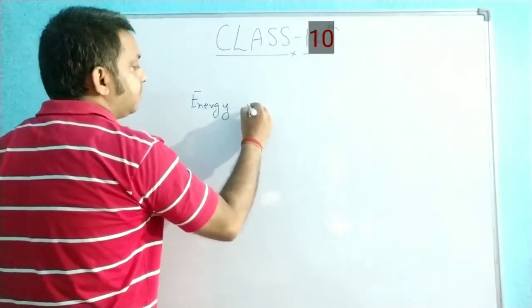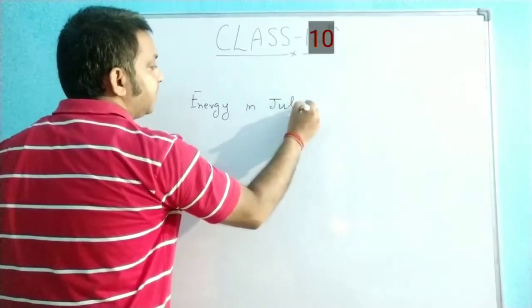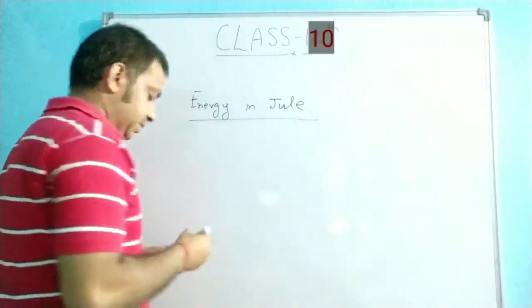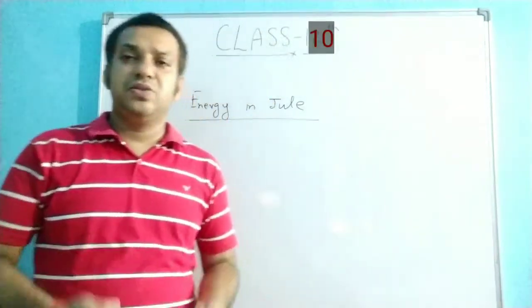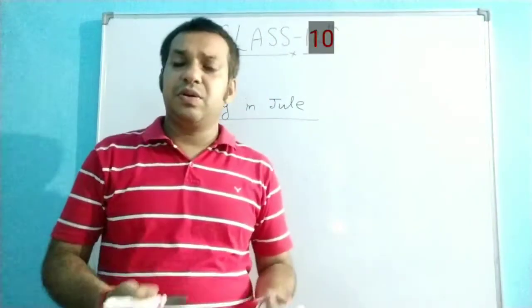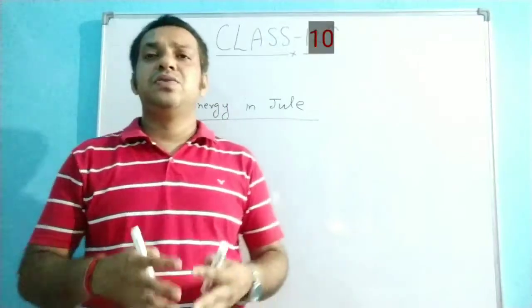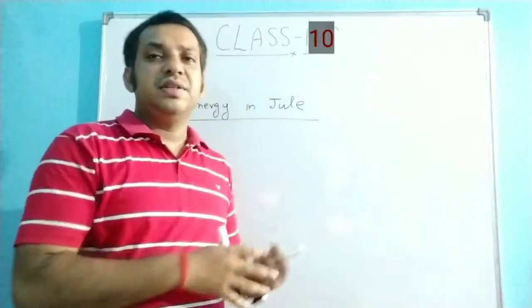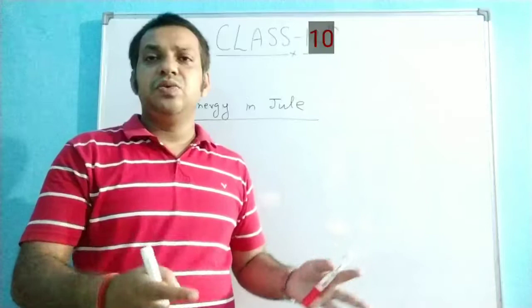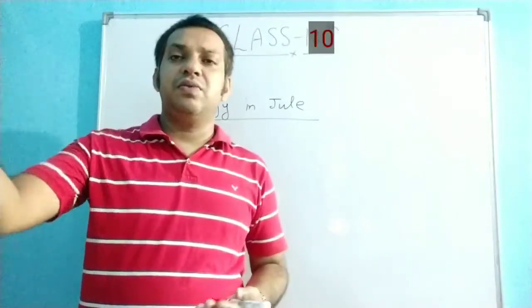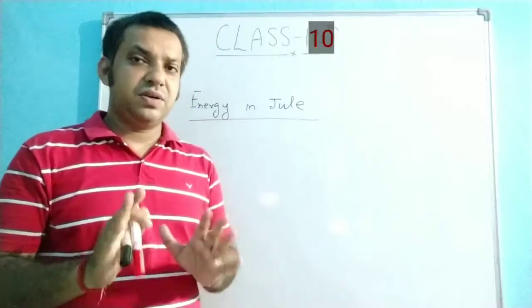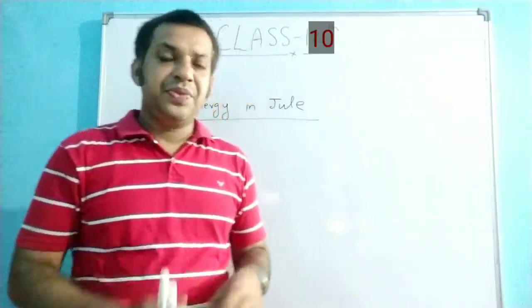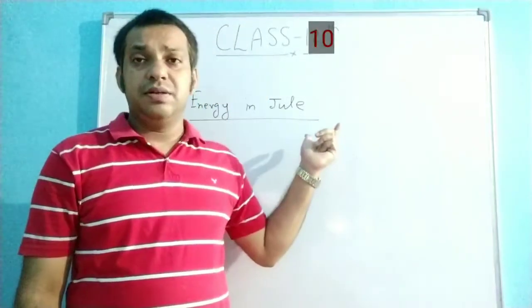You know that energy is measured in the joule, right? That means your house is consuming energy, and that energy should be measured in joules, because the joule is the SI unit of energy. You should simply calculate the energy in joules, there would be a certain value for each joule, and you have to pay for that. But it is not happening like that, because the joule is a very small unit.